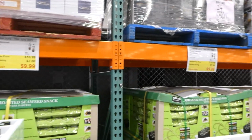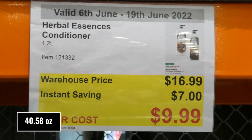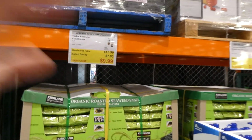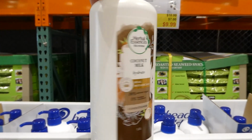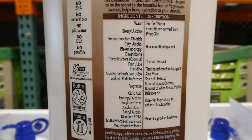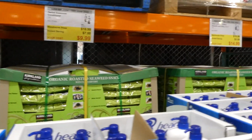And then they also have the conditioner version of it for the same price. So this is the Herbal Essences conditioner. It's 1.2 liters for $7 off, down to $10. So it is the same. It's the coconut milk. It's the 90% natural origins, 0 parabens or colorants, and then I'll just show you the ingredients. And then there's also